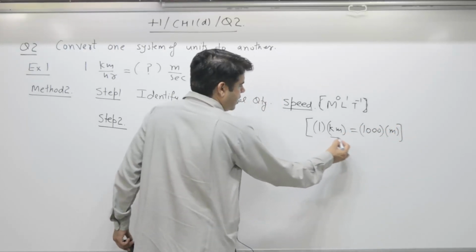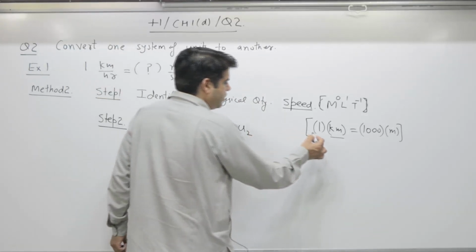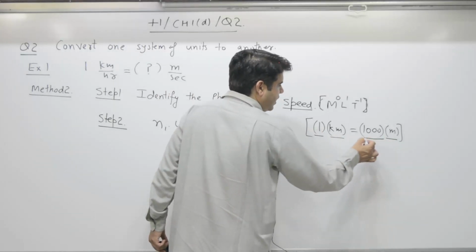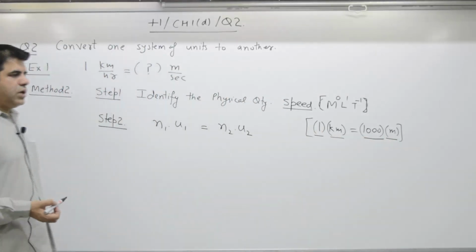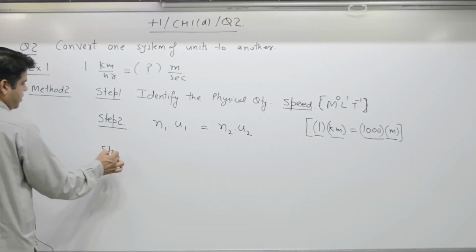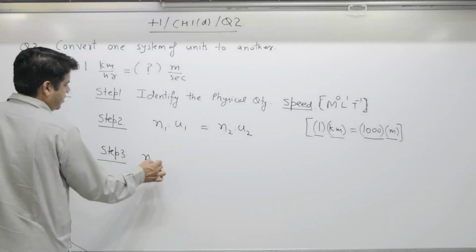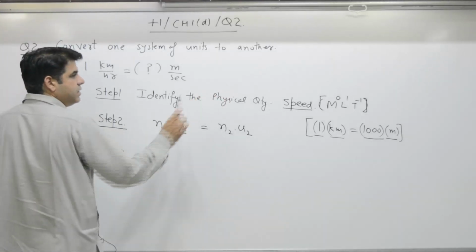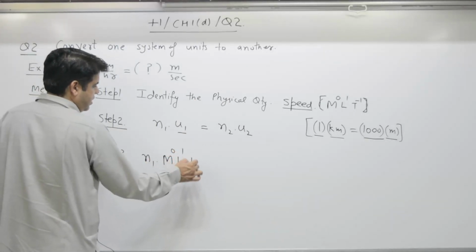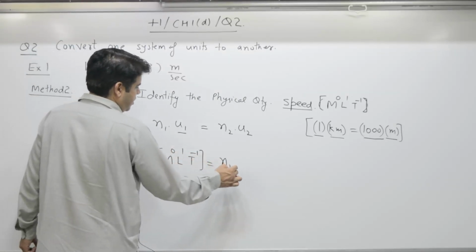If the unit is large, kilometer is a big unit, its numerical value is small. Meter is a small unit, numerical value is large. So N1 U1 is equal to N2 U2. N1, unit of what? Speed. So we will write the dimensional formula [M0 L1 T-1] is equal to N2